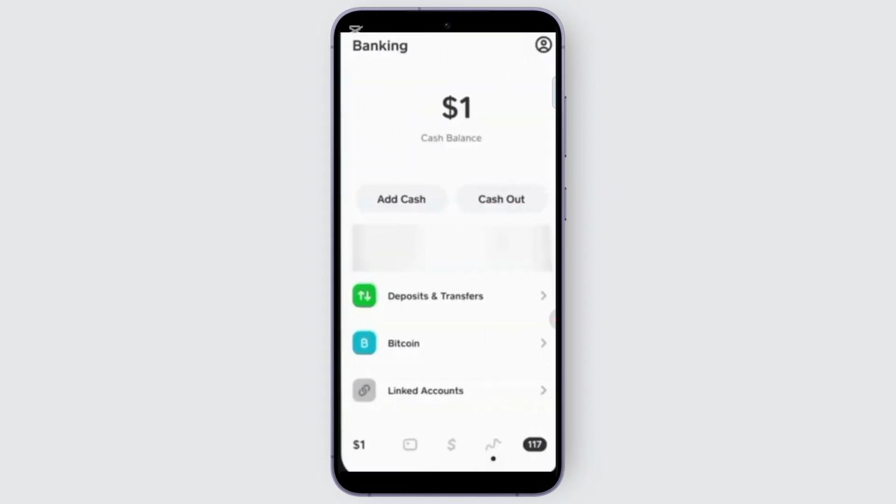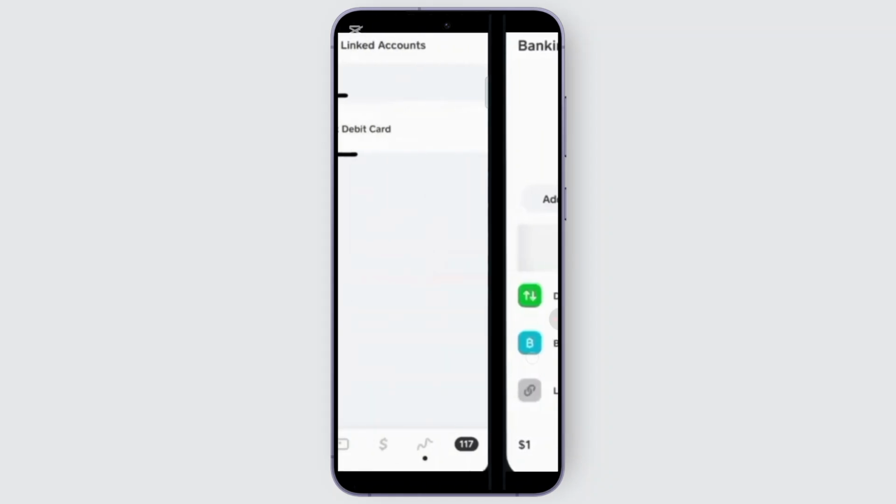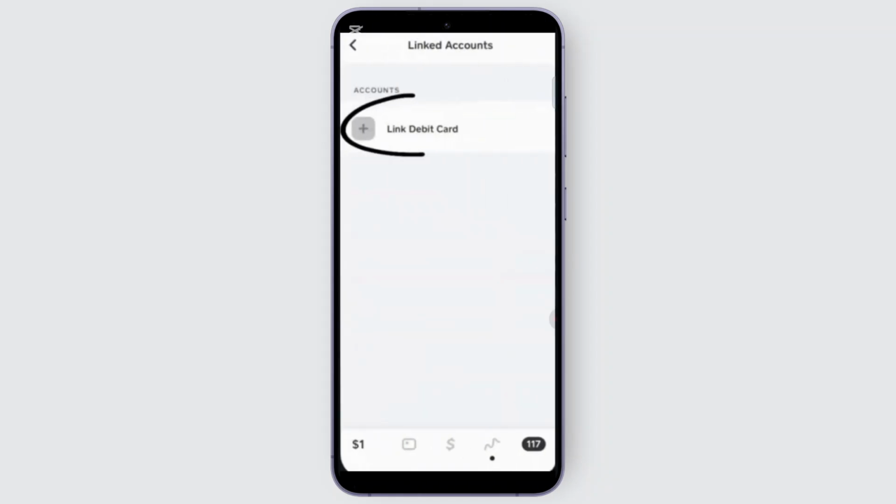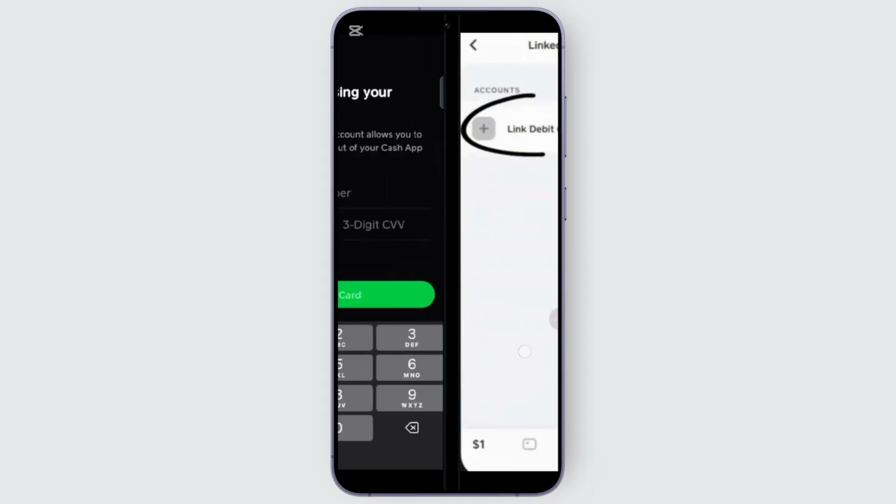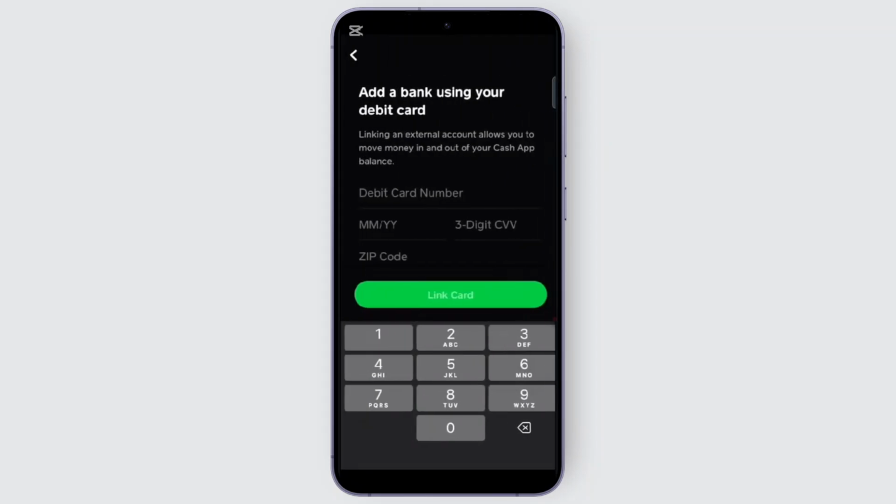After tapping on it, here you will be finding your balance tab. Along with that, we have different options available called linked accounts as well. You may click on linked accounts. After clicking on linked accounts, you will be finding the option of link debit card. So all you gotta do is simply tap on it, and then it gives you the option to add up your